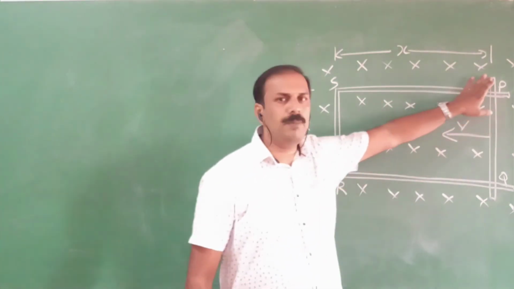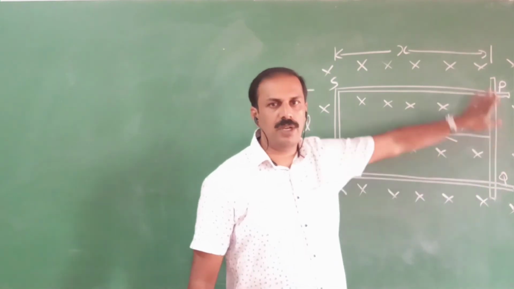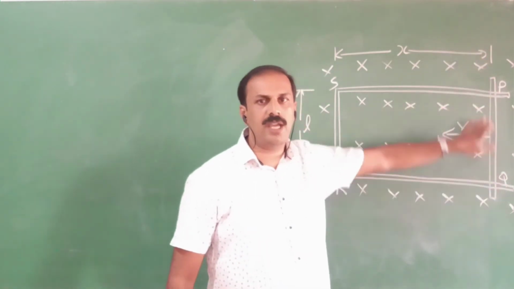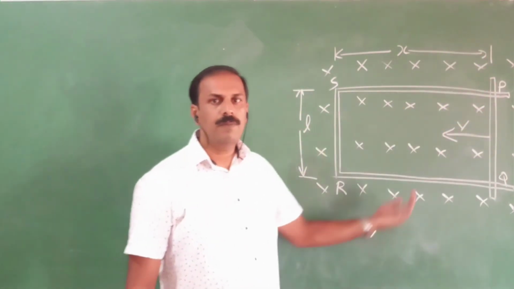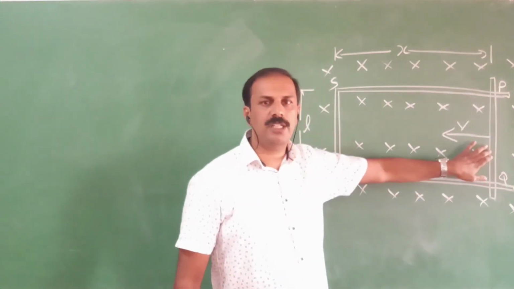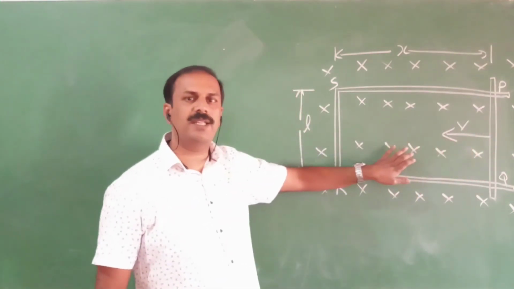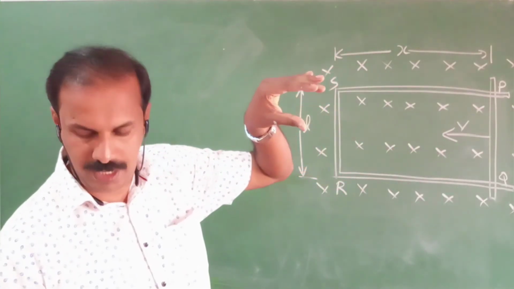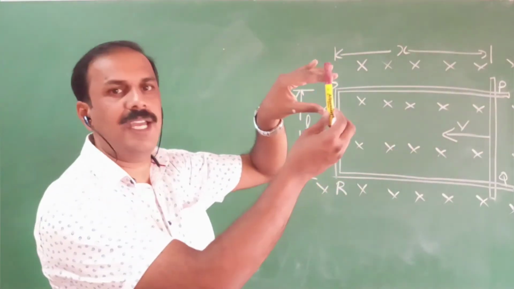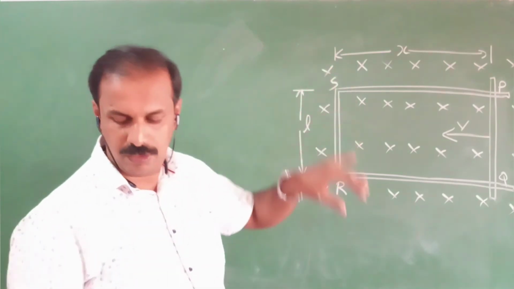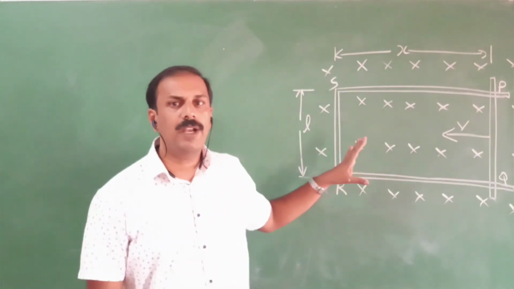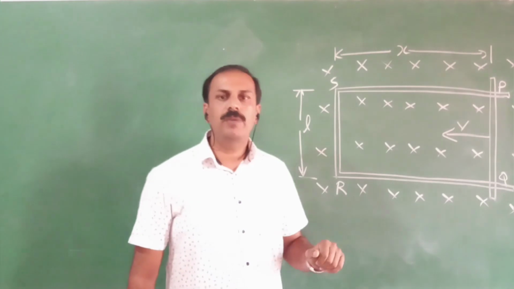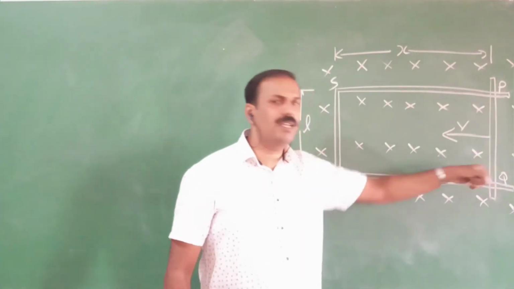And we have another metal rod like this. This one which is up to down, that is a metal rod. Now in the picture, this metal rod can move toward this side. That is, it can slide over that. So the structure is like this. You have a U shape, and your metal rod can slide over it. When it is sliding, what happens there? Some EMF will be induced because this is moving in a magnetic field.